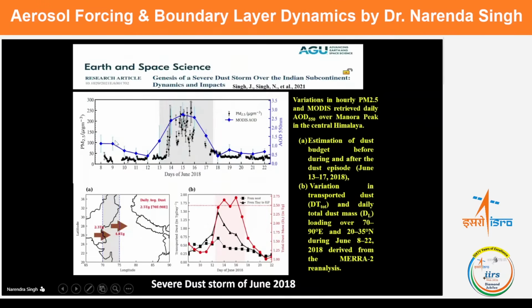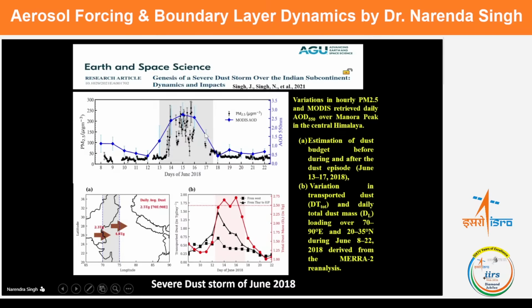But whenever there is a severe dust storm, which is originating far away in the desert of the African region, the Sahara Desert or northern part of the African region, and then passes through the Arabian deserts. So these deserts basically supply a lot of dust with the storms, and we call it dust storm. So this was a dust storm which was observed in June 2018, around 8 to 22, this period in